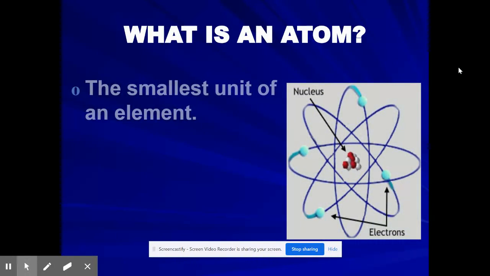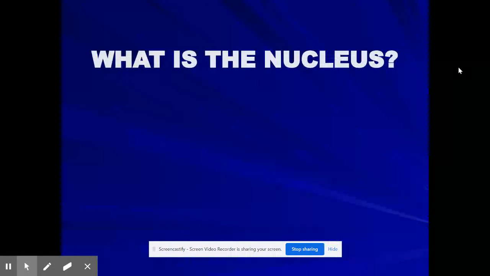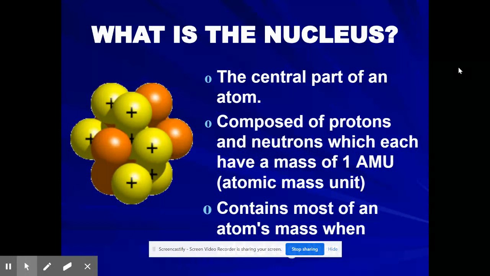An atom is going to consist of a nucleus and electrons. An atom is going to be considered the smallest unit that we can break elements into. So the nucleus is going to be in the center, and our electrons are going to be on the outside. Inside the nucleus, the center of the atom, it's going to consist of protons, which are the positives right here, and neutrons, which are going to be these